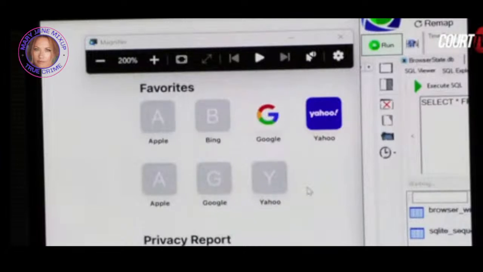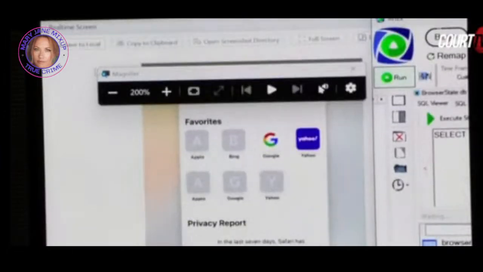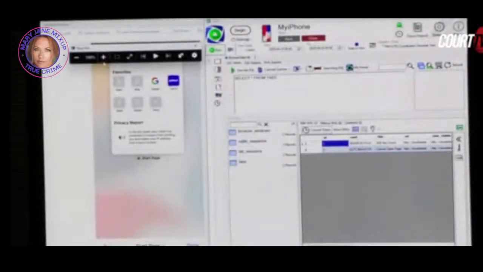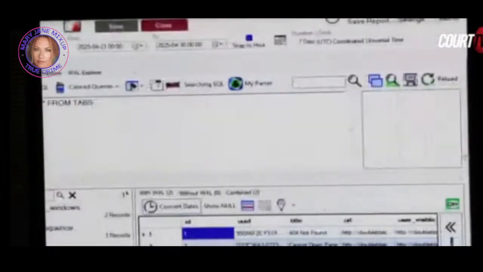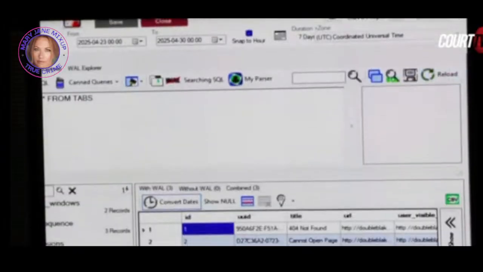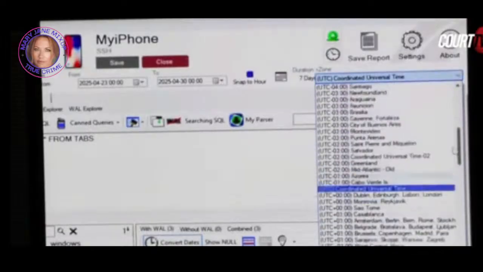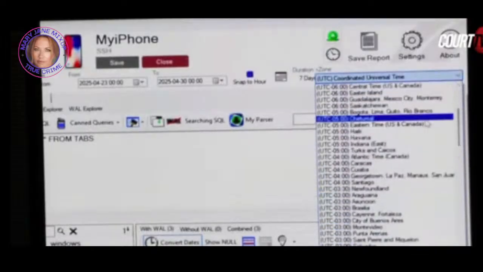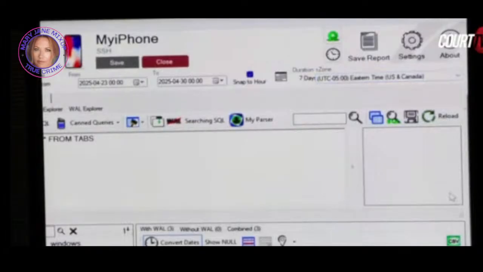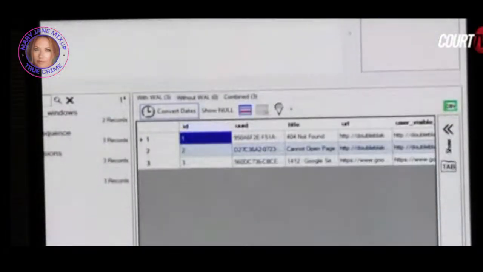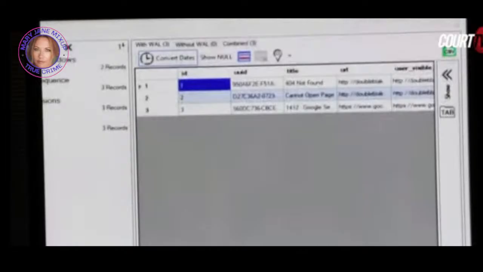So now that tab is closed, and I can just prove that. So that tab is now closed, and I can go back over here and reload, and you'll see a new record has appeared. I'm just going to change the time zone just so that this shows accurately, and tell my tool to treat the timestamps as Eastern time.